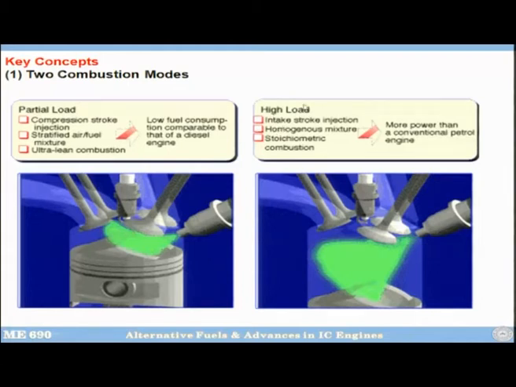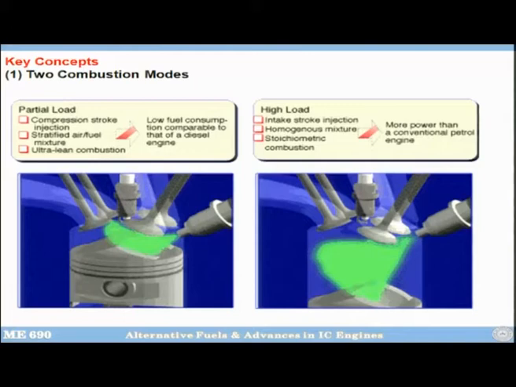So when you have high load, at that time when the piston is going down, you are injecting, so fuel is injected, and you can see this cone formation here. So evaporation will be very quick. So this is the intake stroke injection, and this helps you achieve a homogeneous mixture in the entire cylinder. So every nook and corner of the cylinder will now have a stoichiometric mixture or close to stoichiometric mixture, and since it is close to stoichiometric, you will have stoichiometric combustion, and I told you that you can get high power, which can even be more than a conventional MPFI engine because of the cooling effect that the intake stroke injection generates. Make sense? Clear?